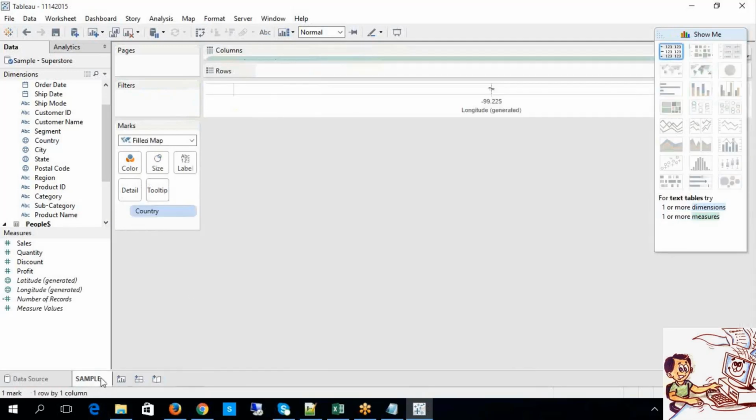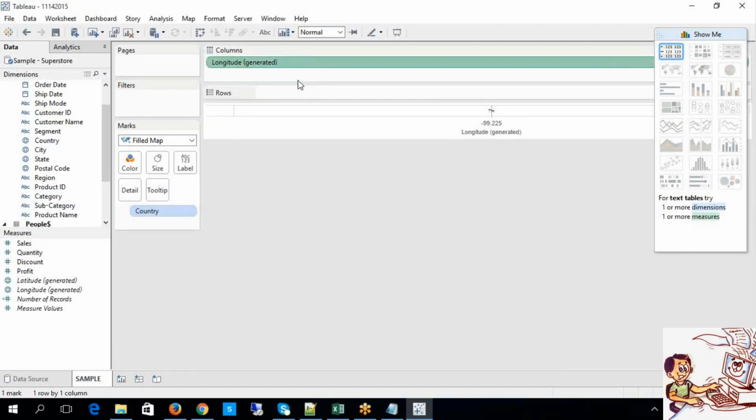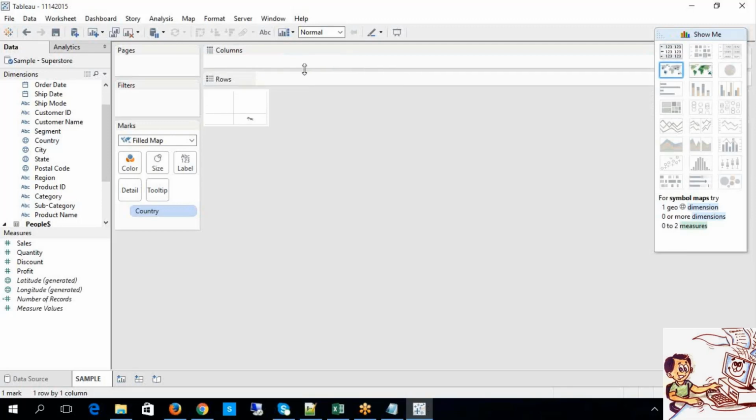And one more important point here that we need to keep in our mind is, maps are applicable on what? Only on geographical dimensions. Of course, you can take the help of dimensions and measures, I agree with that, but what is the criteria that you should have? Look at this.